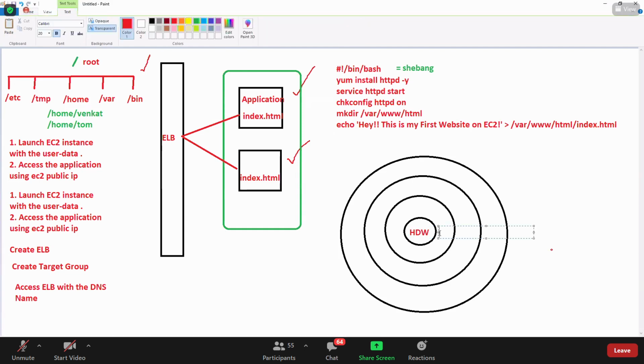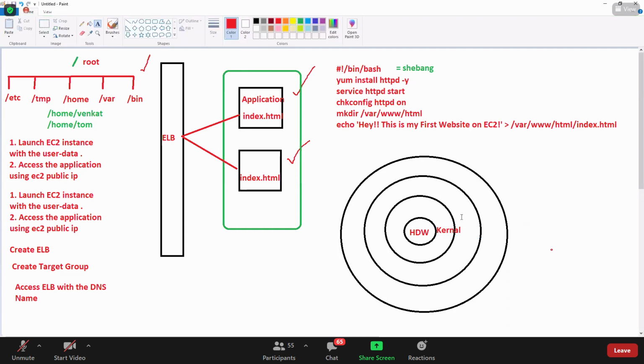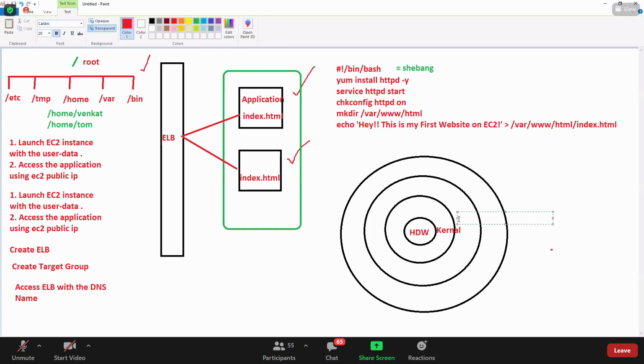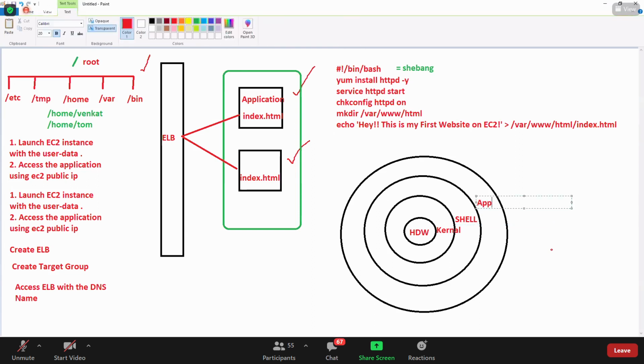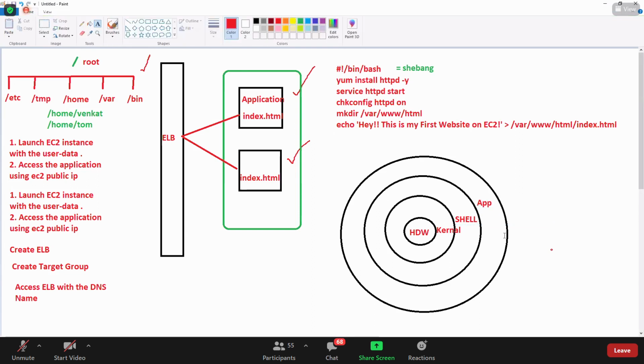On top of it, you have the kernel. On top of the kernel, you have the shell. On top of the shell, you have your applications.